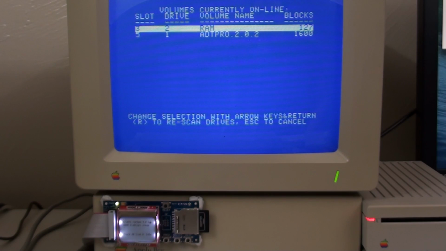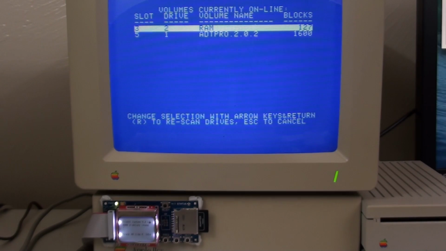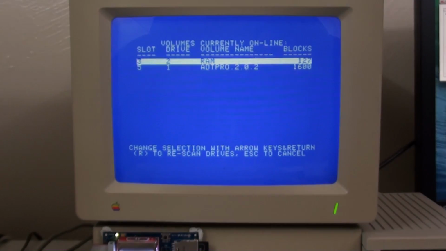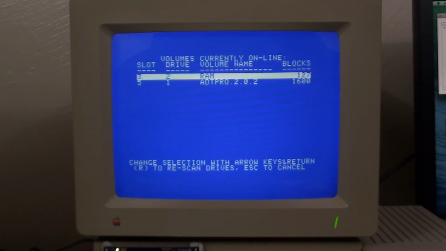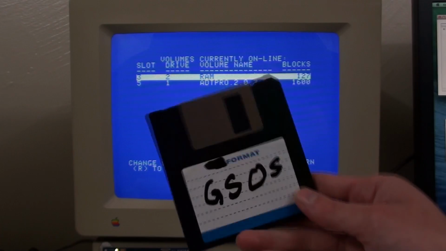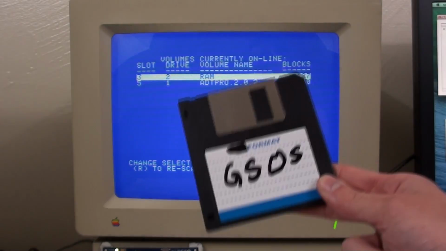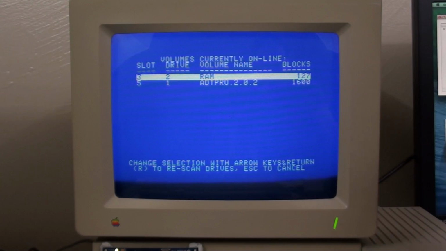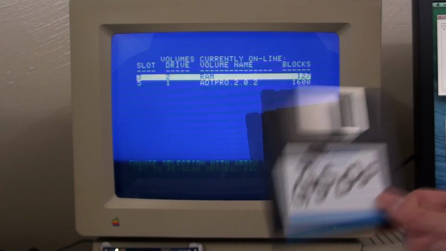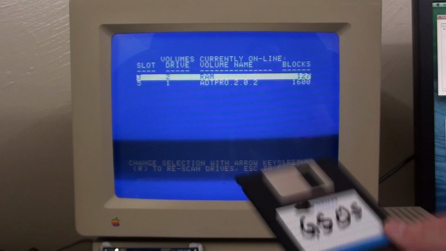So it finds the RAM, finds ADTPro, but does not even see the other thing. Put ADTPro on the Floppy Emu, but that still wouldn't fix my problem. So there may actually be a way to get it on there. Assuming I can get a copy of Shrink It successfully on this computer, I could boot GSOS. If it stays resident in RAM, I could take this disk out, put the Shrink It disk in, run Shrink It, put the secondary disk in that has